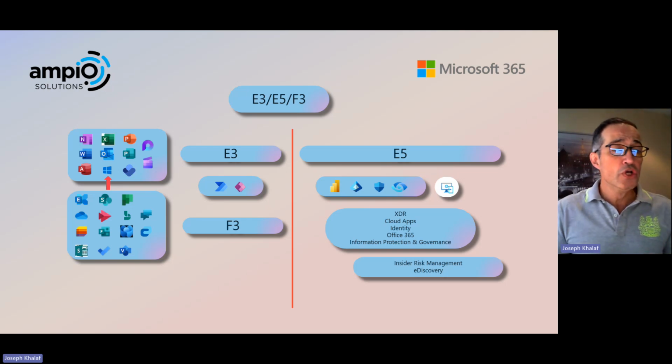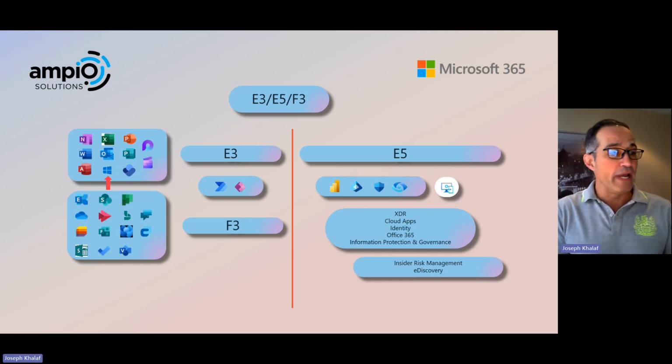In addition, you're getting all the service side products. You're getting Exchange, and we'll get into the details of some of these services in a little bit. You're getting SharePoint, OneDrive, Lists, and the list goes on. You're getting Viva Connections, Visio, and To Do. And you also get the power of automation on that platform, which is Power Apps and Power Automate within